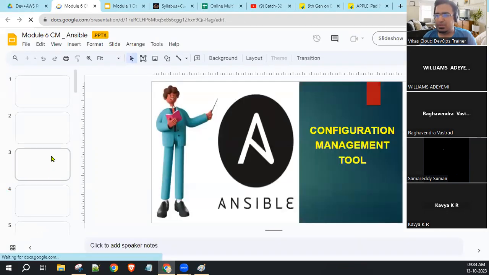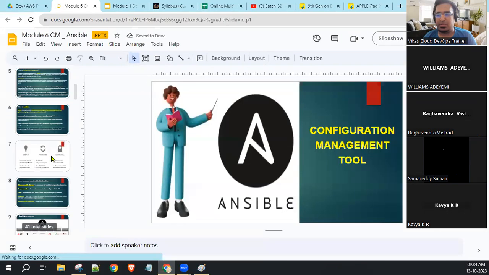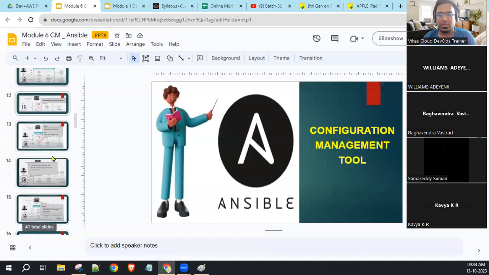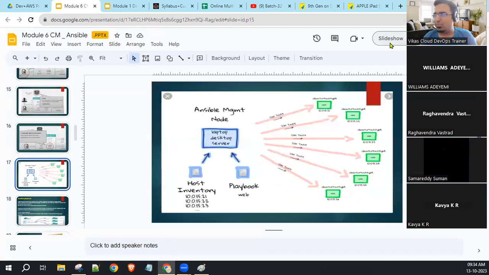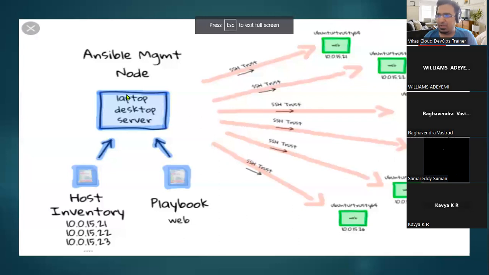Simple requirement. Let's assume you have to install Python on 20 machines. How exactly will you do it? With the help of an Ansible server, we will connect to all the machines and perform the activity. If I tell you to install Python on a single machine, you will log in with SSH and run the apt install python command and it will get installed.